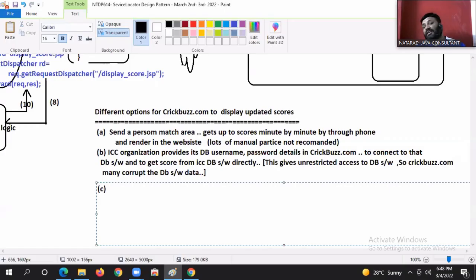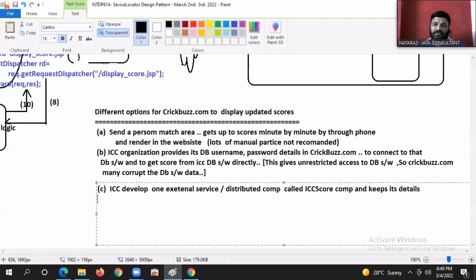Option C, guys. Tell me, what is the other option? ICC develops one external component, external service or distributed component called ICC score component, and keeps its details in the JNDI registry to expose to multiple clients like ClickBuzz, Cricinfo, and etc. Okay. This is best practice